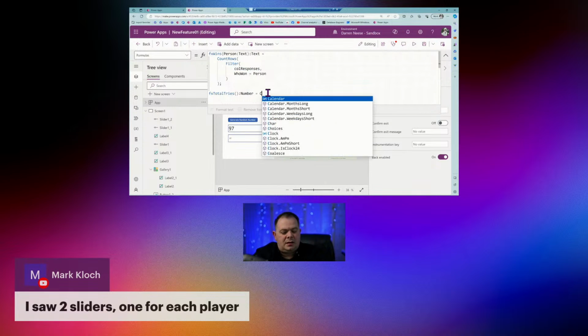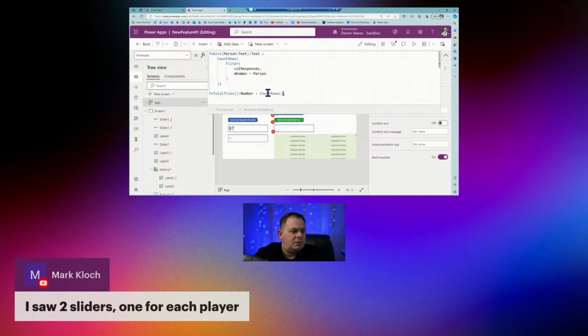We'll say count rows, and we won't pass anything in.